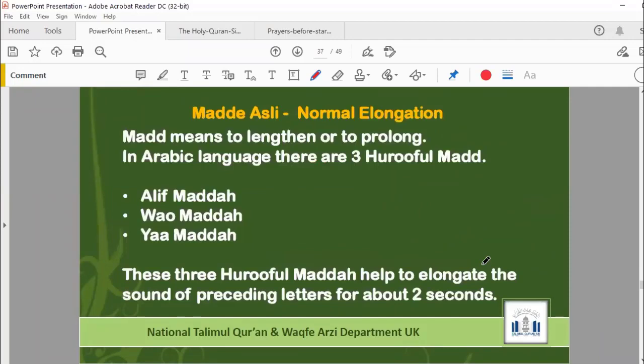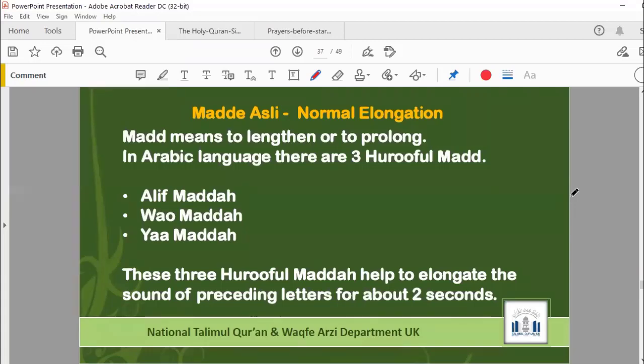Now, if anyone can help me to understand the long vowel. Assalamu alaikum wa rahmatullahi wa barakatuh. I'll take my brother, if the echo is not in the background, since we are all teaching together. Brother Hakim Saab, are you there? Yes, assalamu alaikum wa rahmatullahi wa barakatuh. Wa alaikum assalam. Okay, jazakallah.